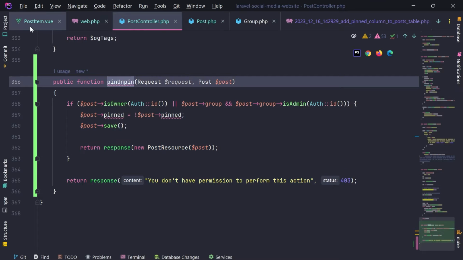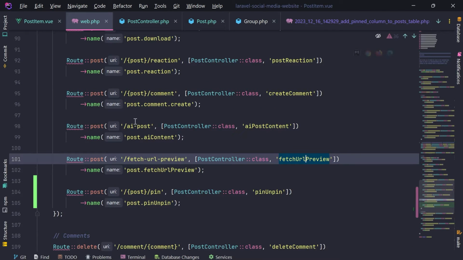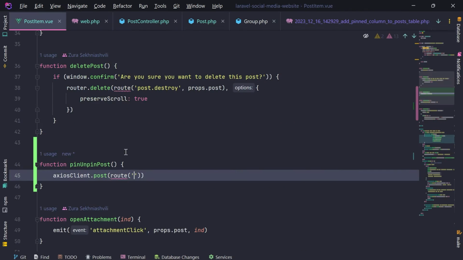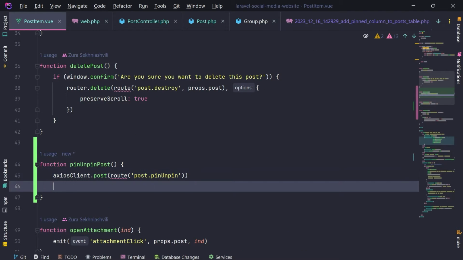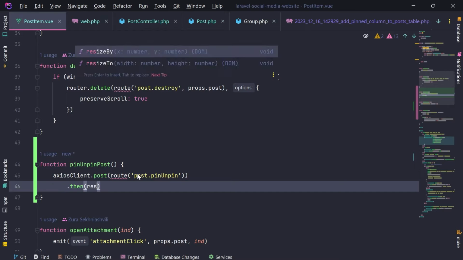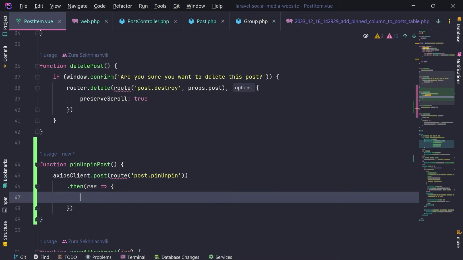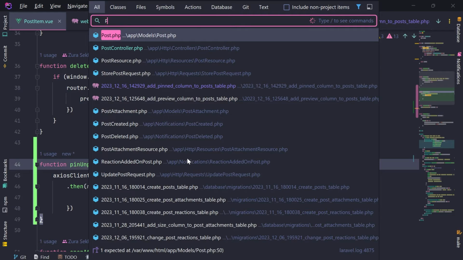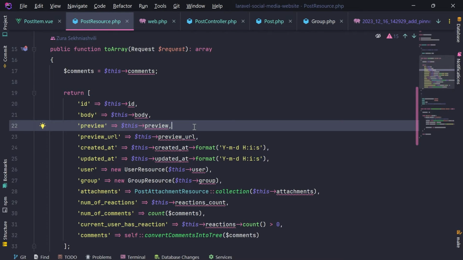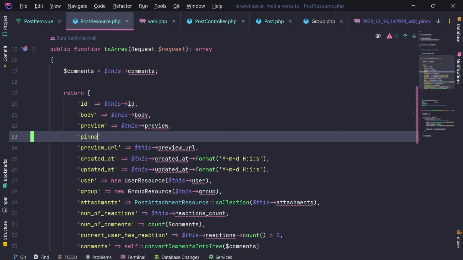Now let's go in the post item, and we're going to make requests to the following route: post pin unpin. Let's provide here. And on success, we need to listen to success. And when this happens, we should also change the status, the pinned status. And we also need to return this pinned status from here, from the post. If it is pinned,